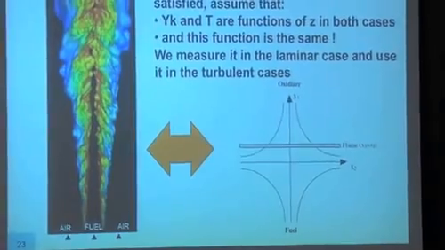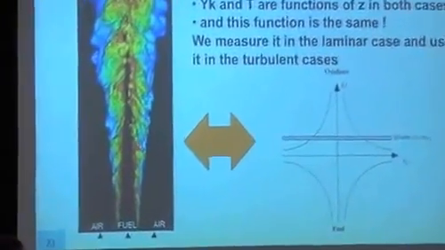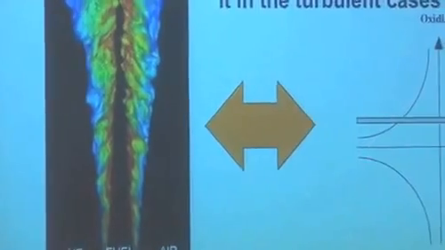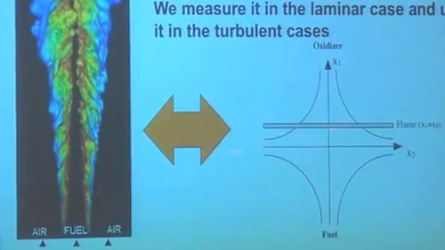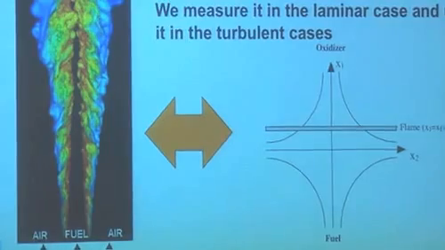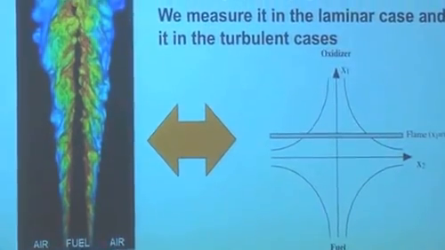So typically, again, you have to remember that when we do that, we are assuming that any small flame here looks actually like this flame here computed with infinitely fast chemistry. At each point, these 2 things are supposed to match. If you have the same Z, you have the same fuel mass fraction in both cases.